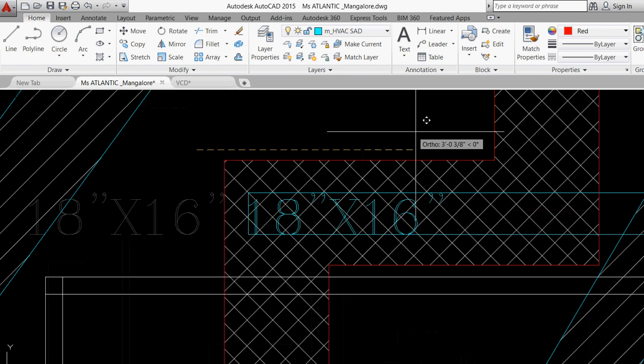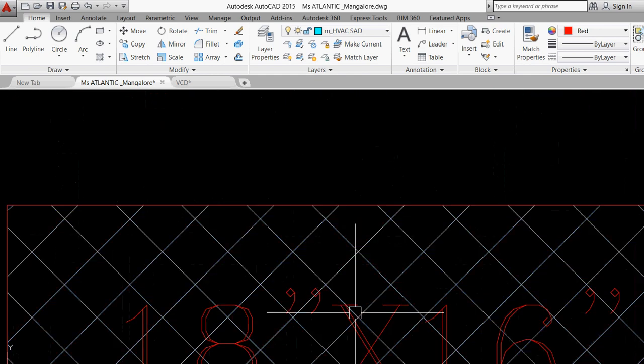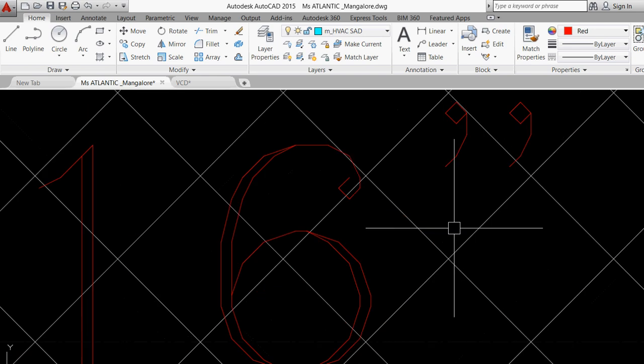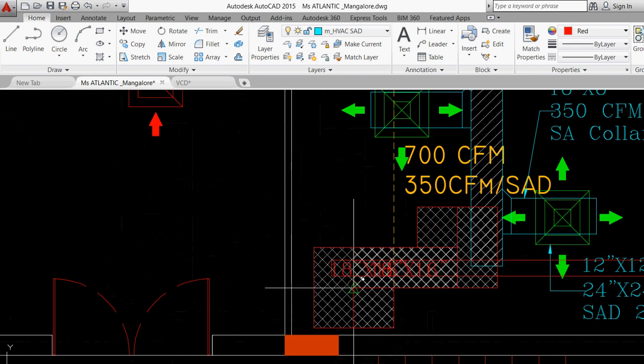Don't you think for the other cabin also we have to do the same thing? So now what we're going to do is we'll select this one again. I'm going to copy from here to here. Again, I'll take it from this location.